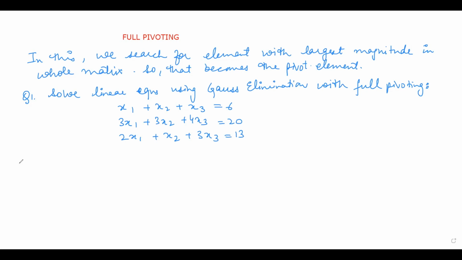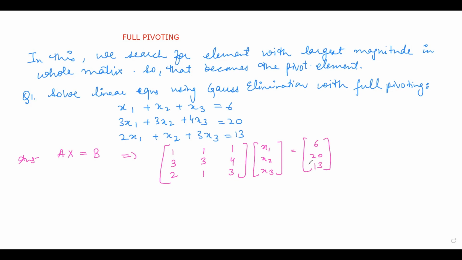Let's see here. I can rewrite this as AX is equal to B. A is 1 3 2, 1 3 1, 1 4 3. X is X1, X2, X3. The B values are 6, 20, and 30. Now, here the augmented matrix is given by